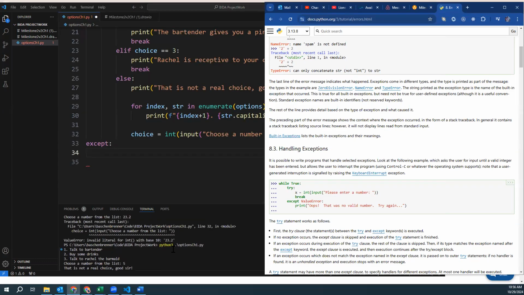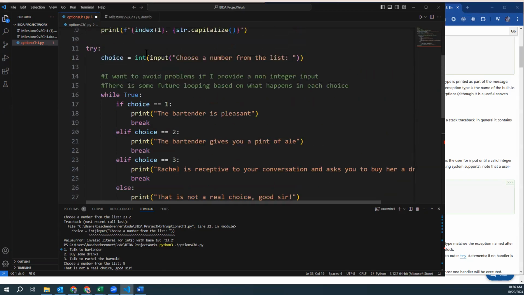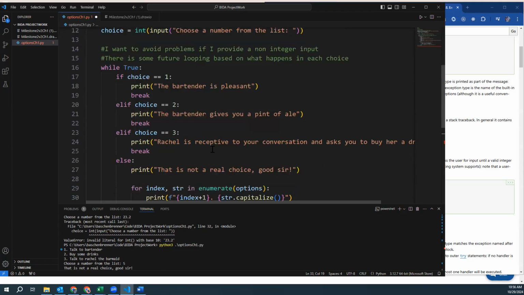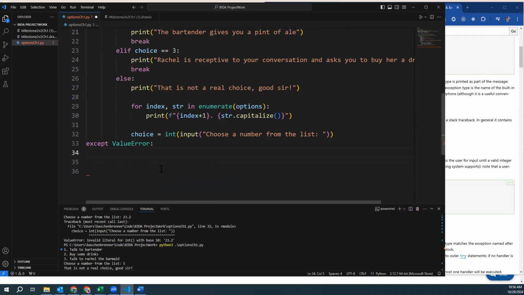Except value error, because I think that could happen here. If we ask for an input, we try to change it into an int, but the input actually wasn't an int, then we're going to get a value error. Then I would say